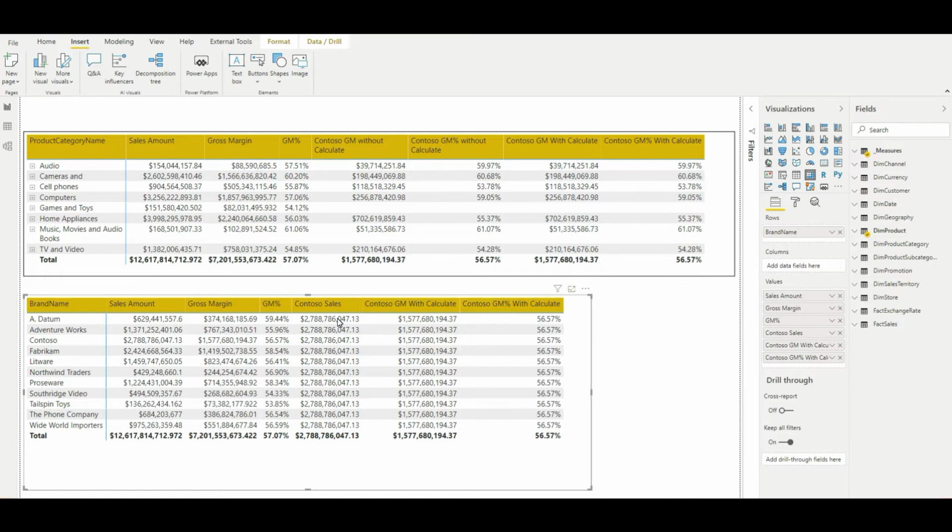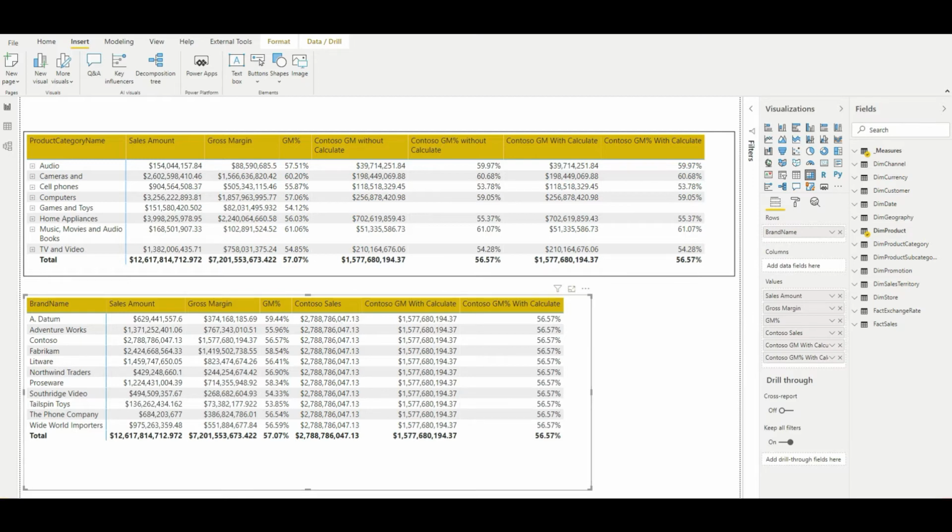So we also discussed that the calculate command creates a new filter context. It doesn't modify the existing filter context. So we'll discuss this. It creates a new filter context using the original or the existing filter context and applies those filters which you have passed as the filter arguments, and then does the calculation. So let's discuss whatever I have said step by step so that you can better relate to it.